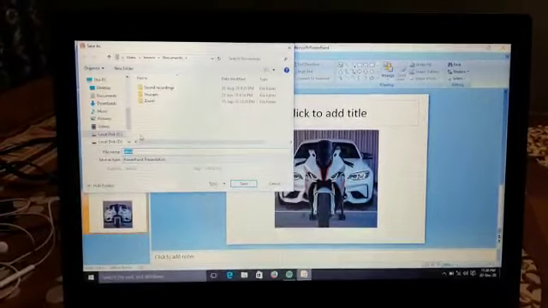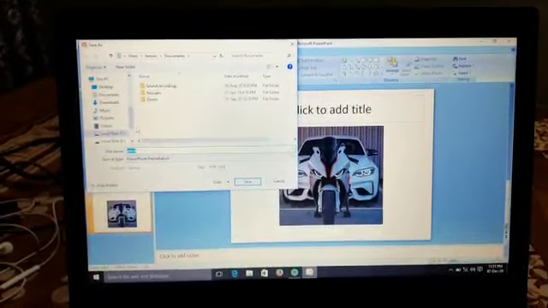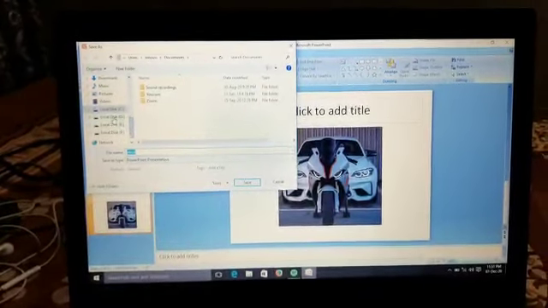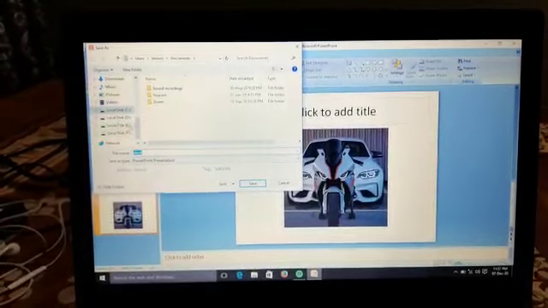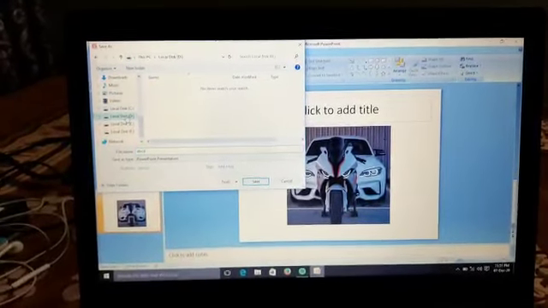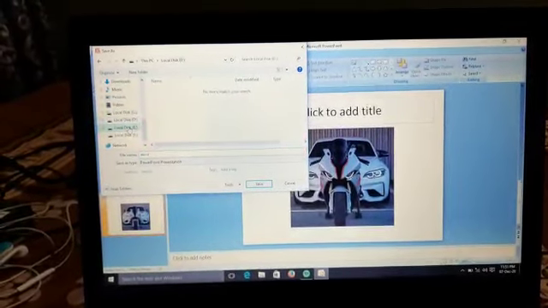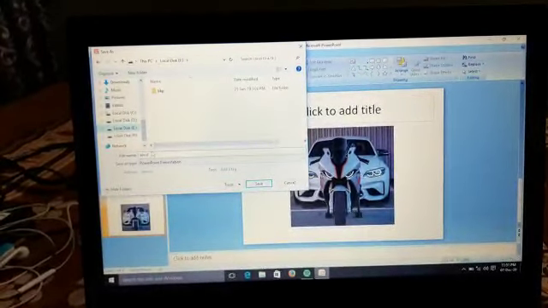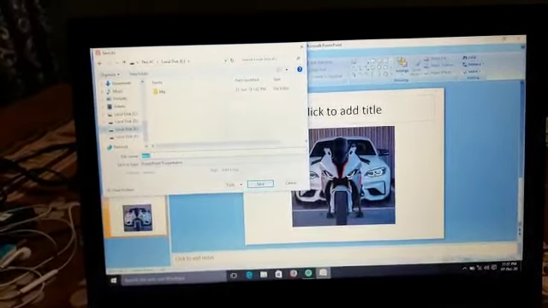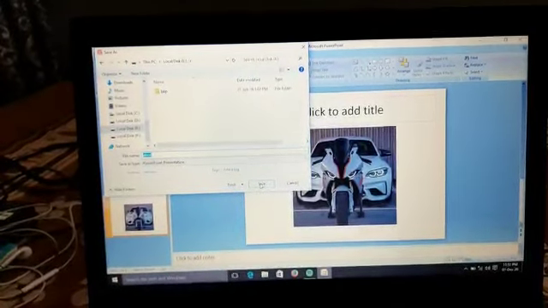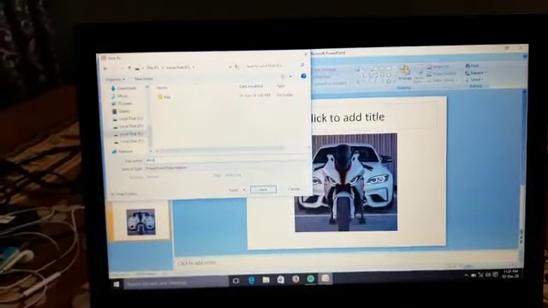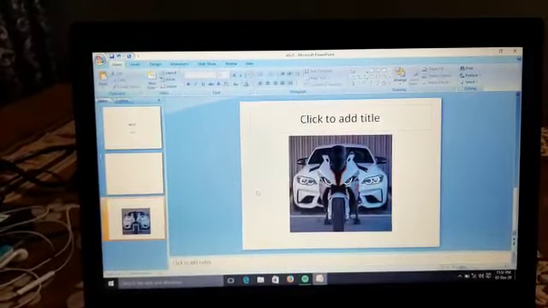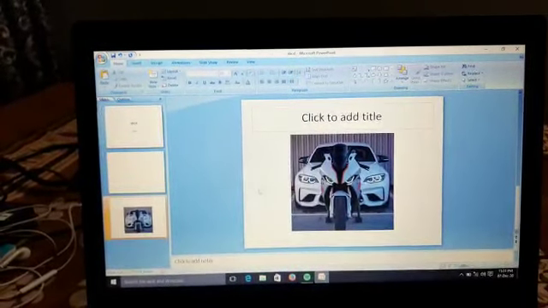In the Save As dialog box, you will find the location where the file is to be saved. You will select the desired location to save the file. Type the name of the presentation in the File name text box. You can give the name and click on the Save button. Your presentation will be saved with the .pptx extension.